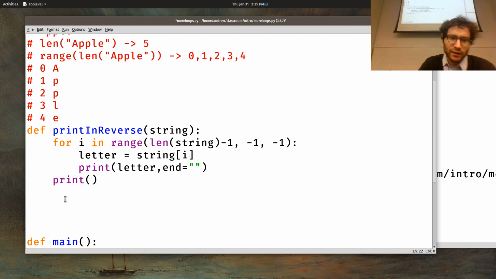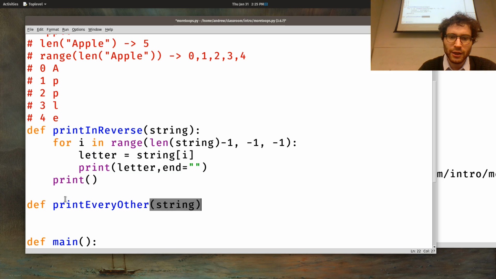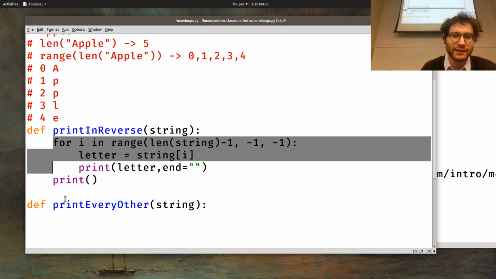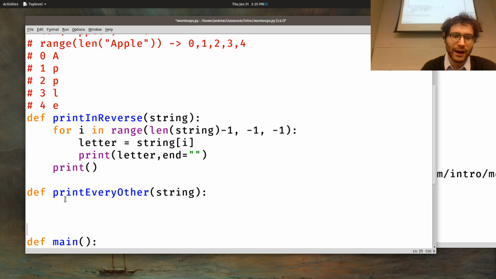All right, so let's go on to something similar, but actually a bit easier. In this one, I would want to print A, the second P, and E. So I'd want to print ape out, right? I want to print every other character. So I'm going to go ahead and rewrite this, because that won't take long at all. For i in